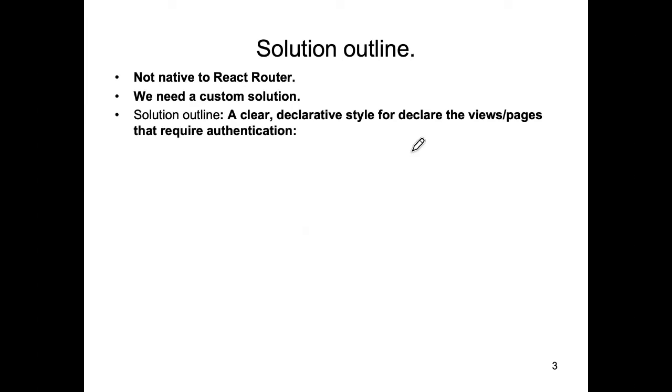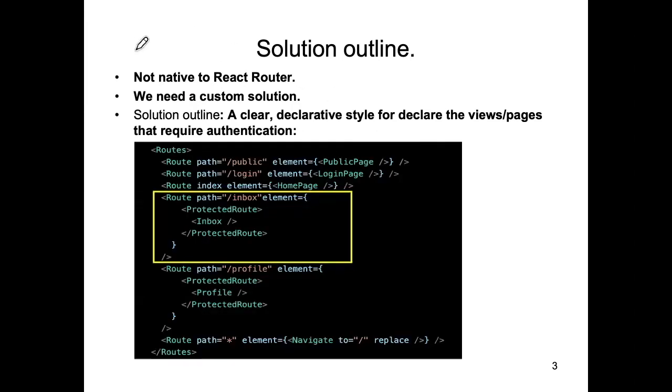Now, would it be nice if we could express protected or private routes like this? So here's my routing configuration. And it's very obvious from the code, I hope, that this path here is just an ordinary one, anybody can access it. Similarly for this one here. Now, if the user tries to access, sorry, this one here, this /inbox path, then it looks like it's declaring that